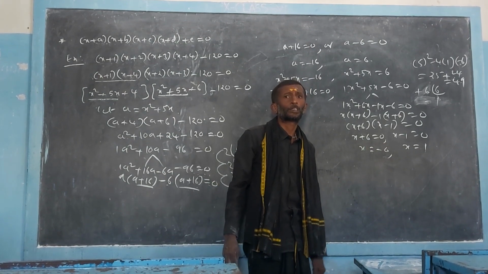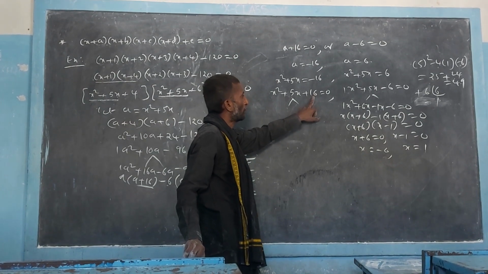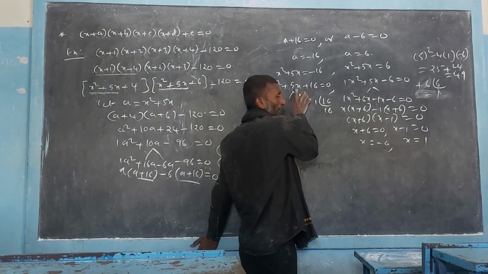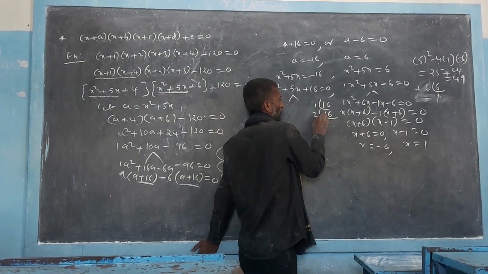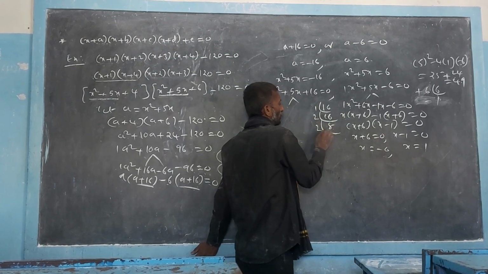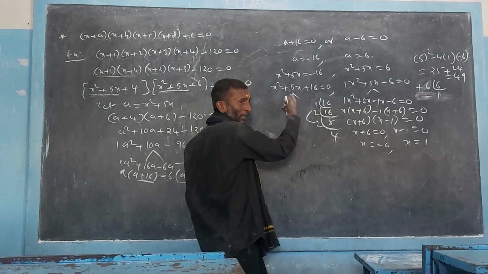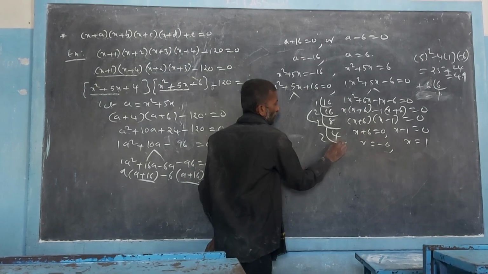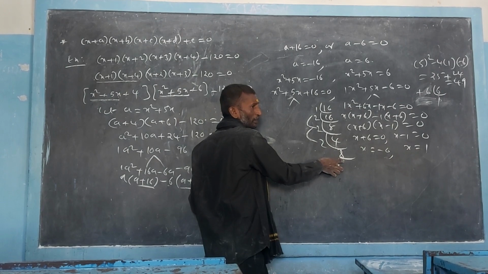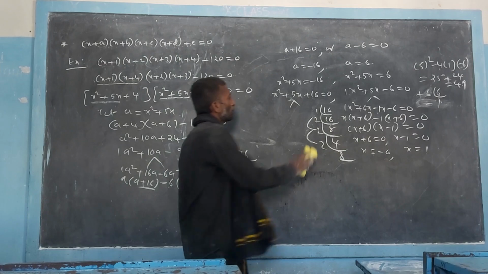Okay? Alright. So now we cannot solve this equation by splitting the middle term into two parts by taking the factors of 16. Look here, factors of 16. If I add both of them, you will never get 5. Separating also, you will not get. 4 into 4, adding them, 8 will come. Separating, 0 will come. And again 8 into 2, 8 plus 2 is 10. It is not there. 8 minus 2 is 6. Not there. So we cannot solve this equation using the splitting the middle term method.